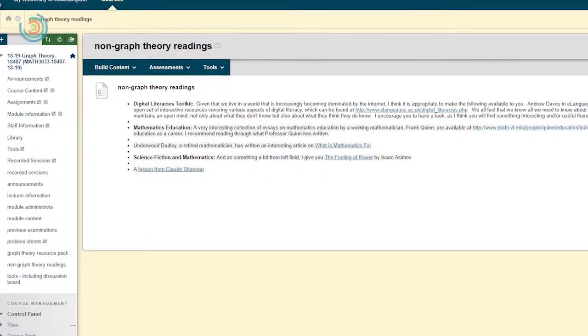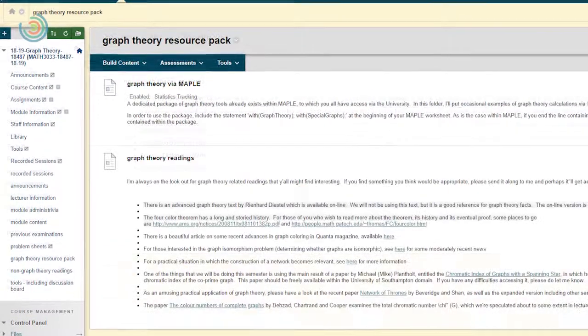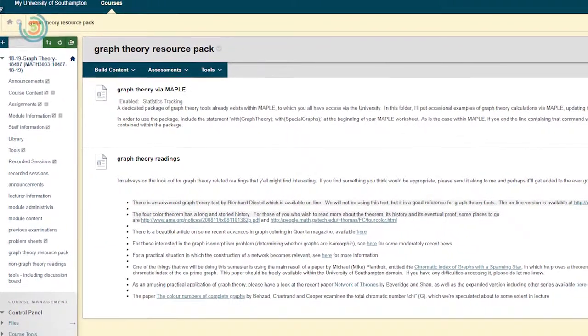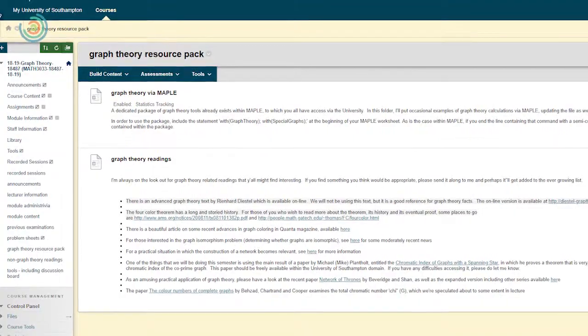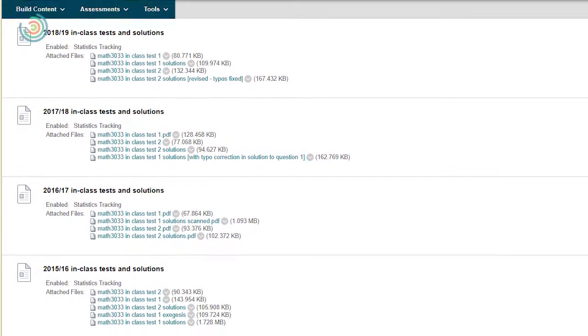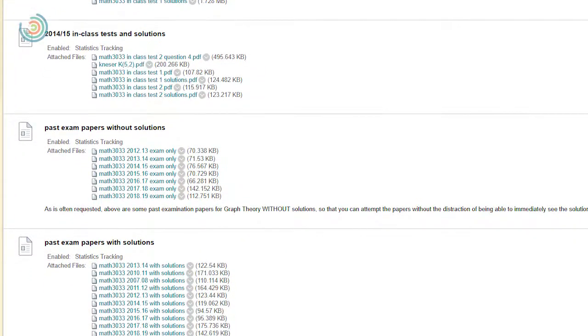One of the reasons I think the students found it a very useful Blackboard site is the quantity and variety of material that's on the course. So there's reading material from mathematics in general that's related to graph theory, questions that we touch on in the class, but also a lot of the questions and answers to those questions that we've worked through over the last few years. But this gives the students the opportunity to explore a lot of different possibilities that have been made available over time.